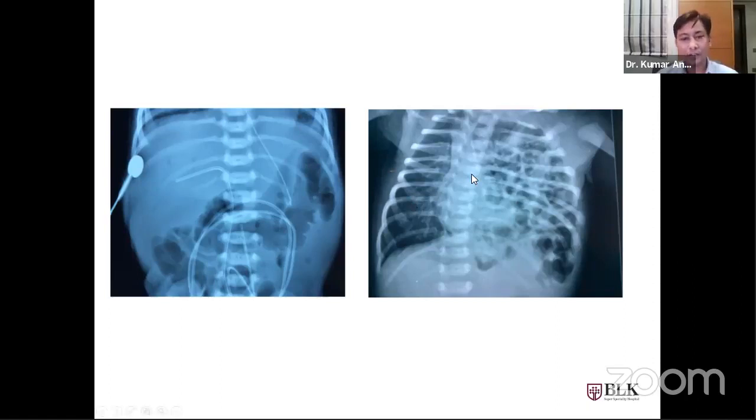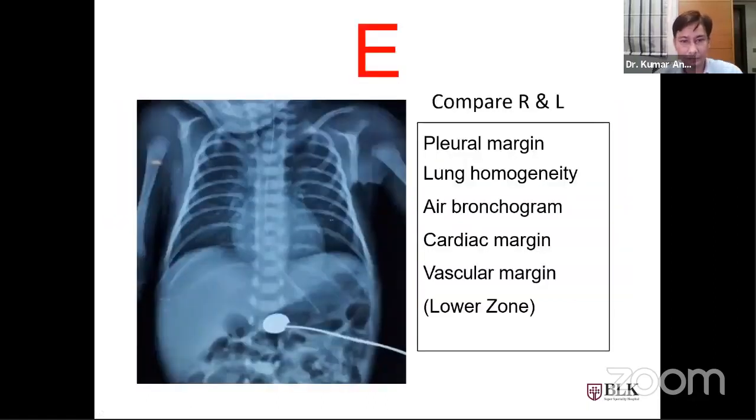I told you that most of the medical diseases are bilaterally symmetrical, be it HMD, TTNB, meconium aspiration syndrome, or sometimes even new BPD. But if anything is heterogeneous and not similar on both sides of the thorax, most of the time it's because of a surgical condition. You can see a lot of bubbles in the left hemithorax, and the mediastinum is slightly shifted, and we cannot visualize the diaphragm on the left side, so we know that it's a case of left-sided congenital diaphragmatic hernia.